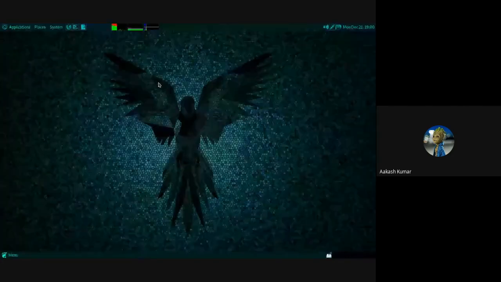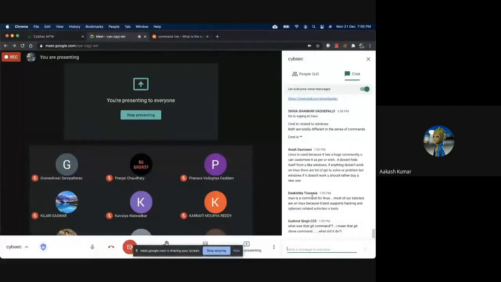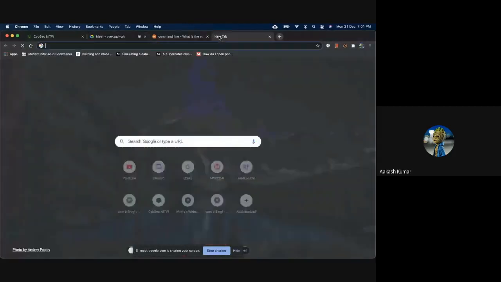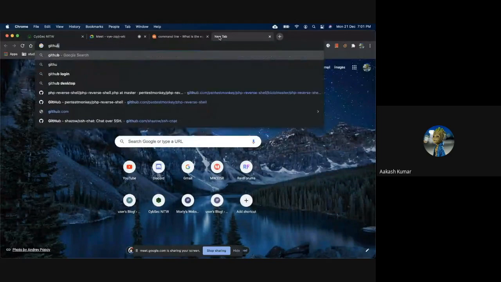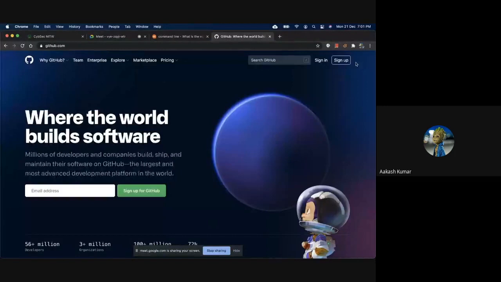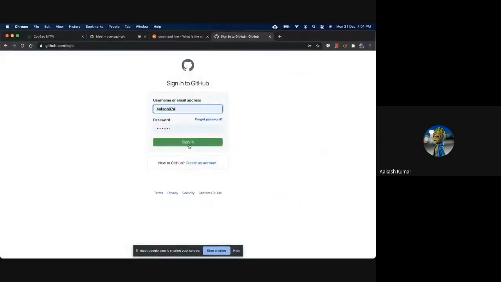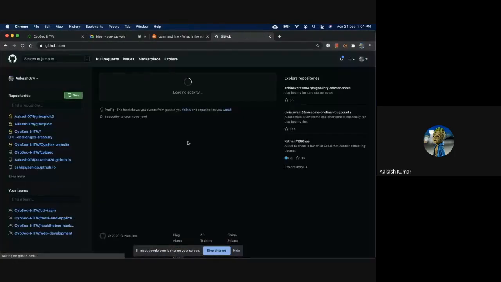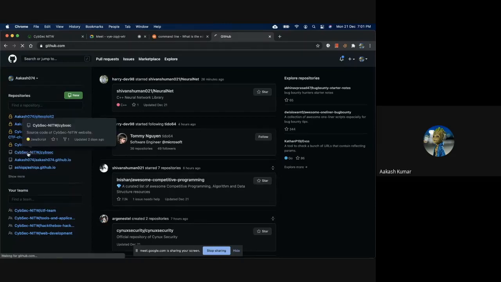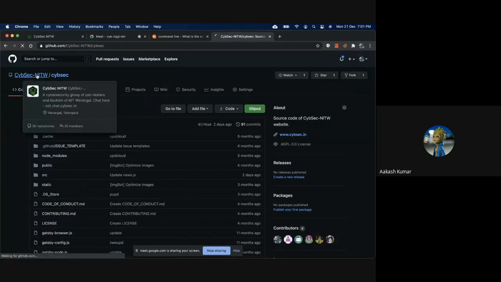And also in this chat, okay, what was that git command? There are a lot of codes, and everywhere you can see these codes are available on GitHub. Make an account here, and you can see those repositories, like see this is our website repository.